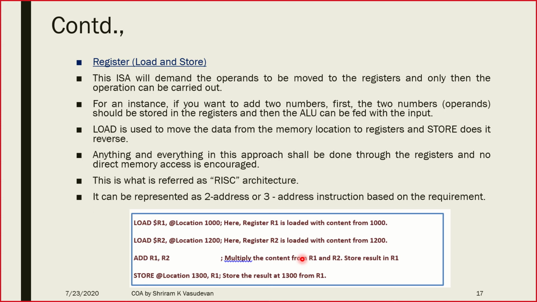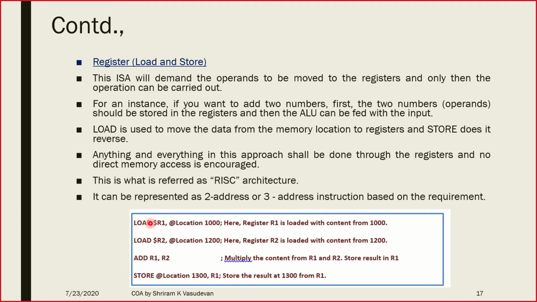So whenever an ISA forces you to go ahead with the load and store architecture, where only after loading the content into a particular register can you do the operation, we call it register with load and store approach. Very simple. We are going to add the contents available in locations 1000 and 1200. I am going to take the content from 1000, and 1200 is another memory location. I am instructed to add these two. So I need to take the content from this location and first move it onto